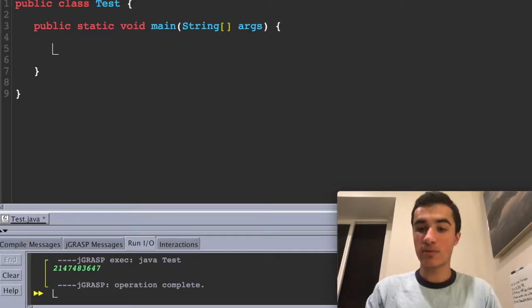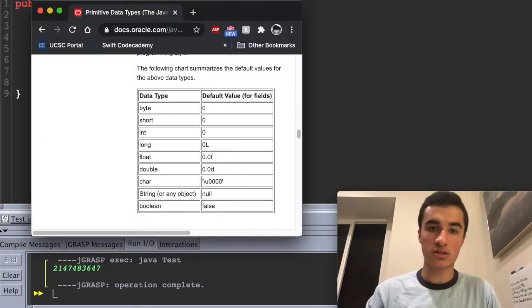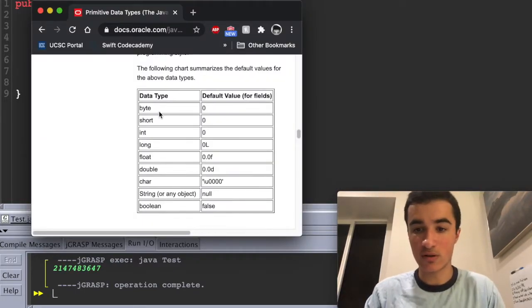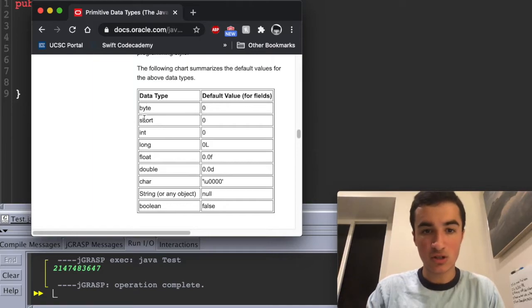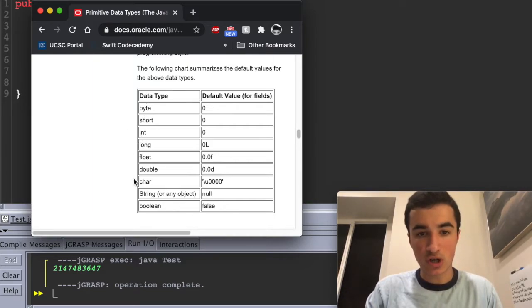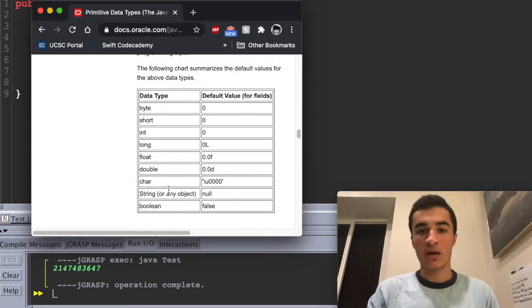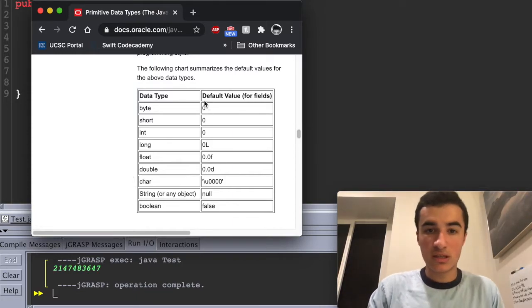So today I'm going to be teaching you about the primitive data types in Java. Right here is a chart of all the different types of primitive data types. There's a byte, short, int, long, float, double, char, string, and Boolean. And then right here, you can see all the default values. Whenever we declare one of these primitive data types and we don't assign it to anything, it'll default to